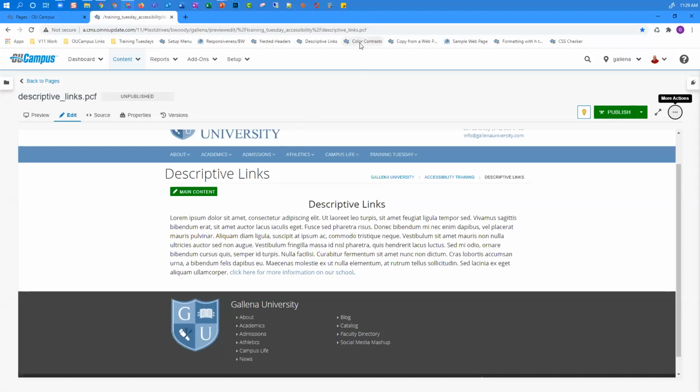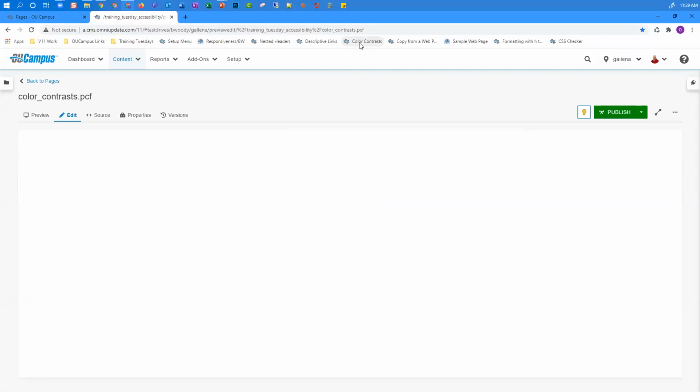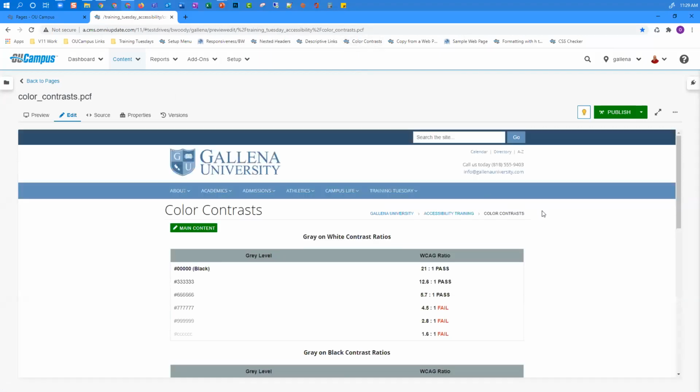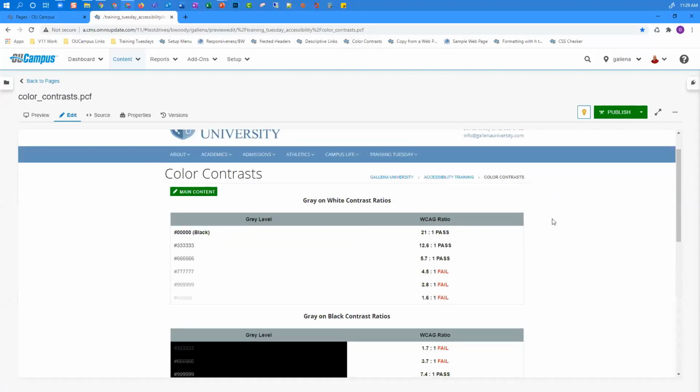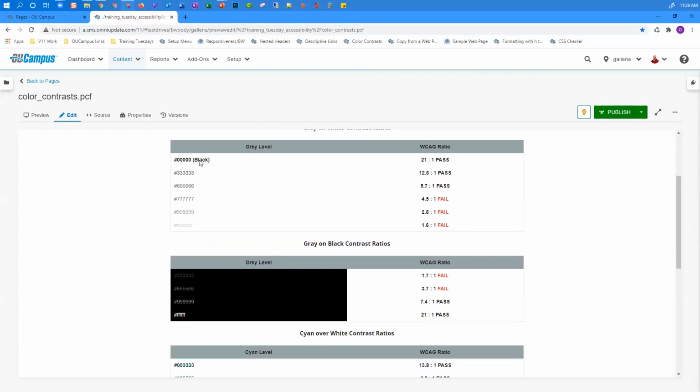So I'll open up my contrast page here. All right. So here I've got several tables that I have set up with examples of some passing and failing contrast ratios. So here, for example, I've got just black over white and then down to different gray levels over white. And you see, once we get down to 4.5 and under,